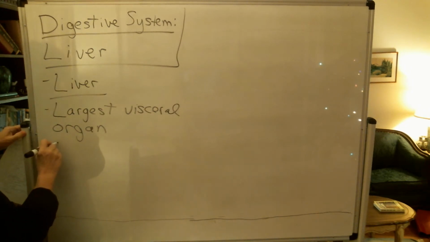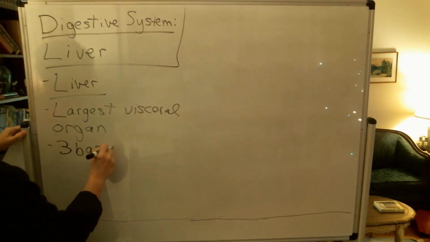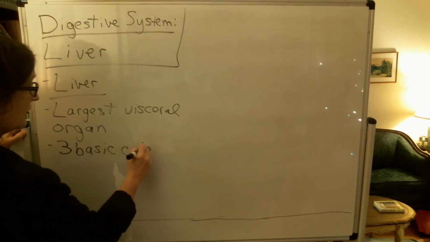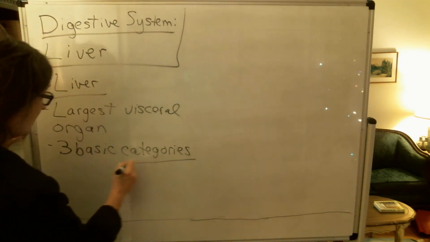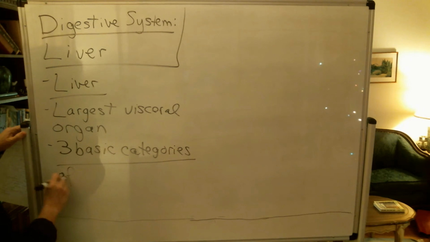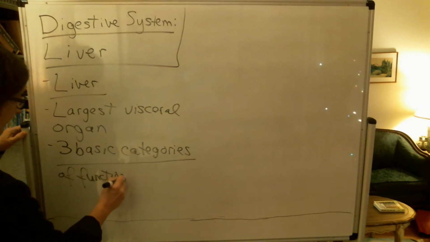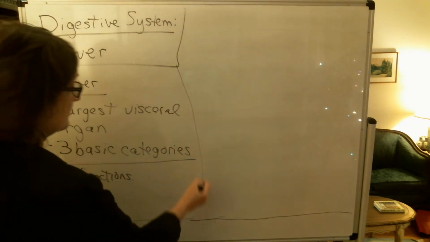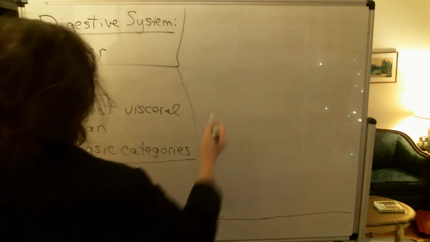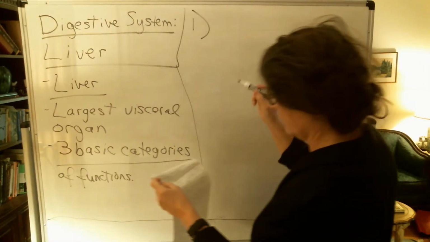And it is so big, so important, that it has 3 basic categories of functions. So I'm going to start then with the first category, which is then